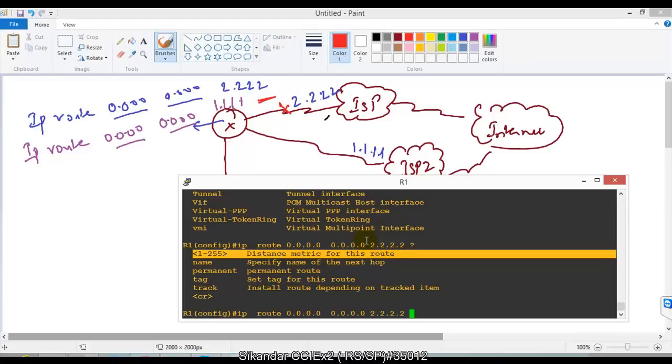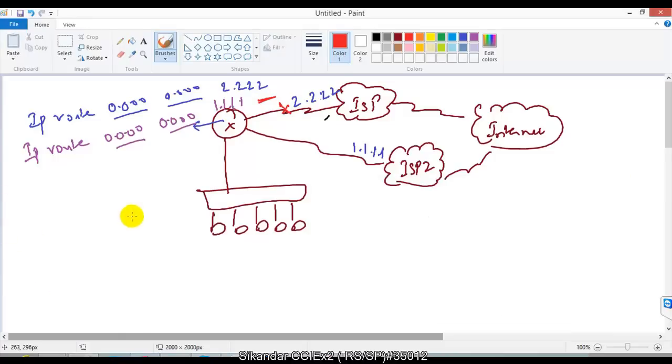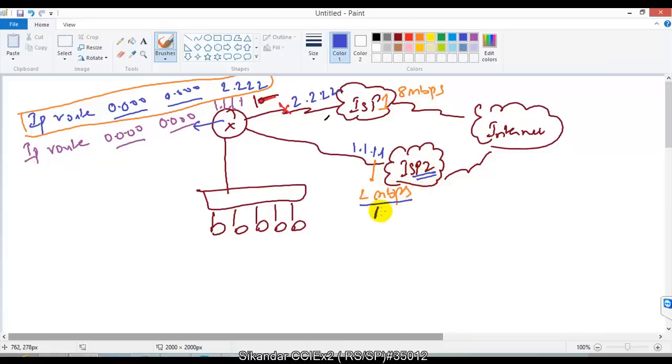In our example, instead of using the default values, I'm going to change the administrative distance of this route to 10. When you're defining two routes, the first one uses the default route via ISP1, which is maybe a high-speed internet connection, some 8 Mbps line, and the second is the ISP2 line, which is just 2 Mbps, and I want to ensure that my 2 Mbps line from ISP2 must be used as a backup link.